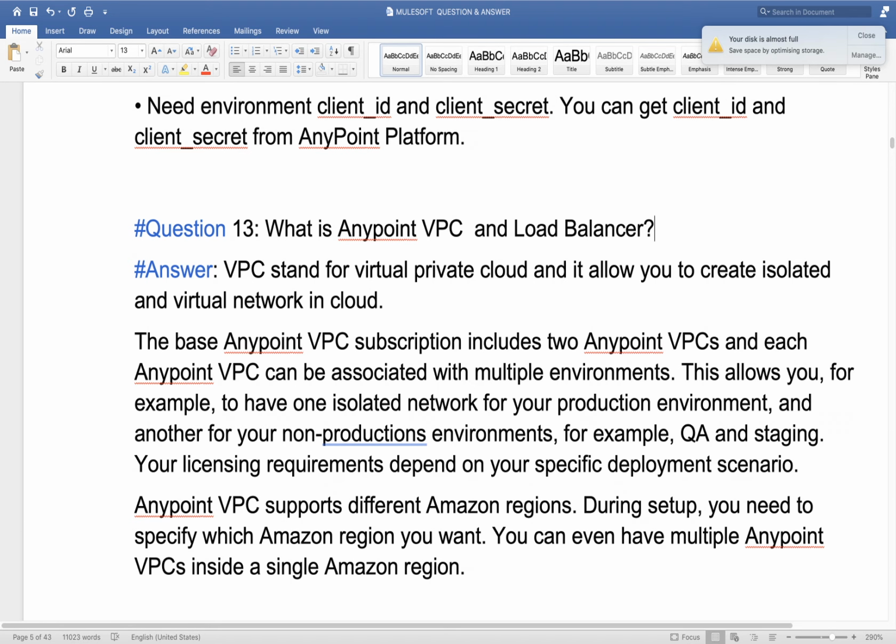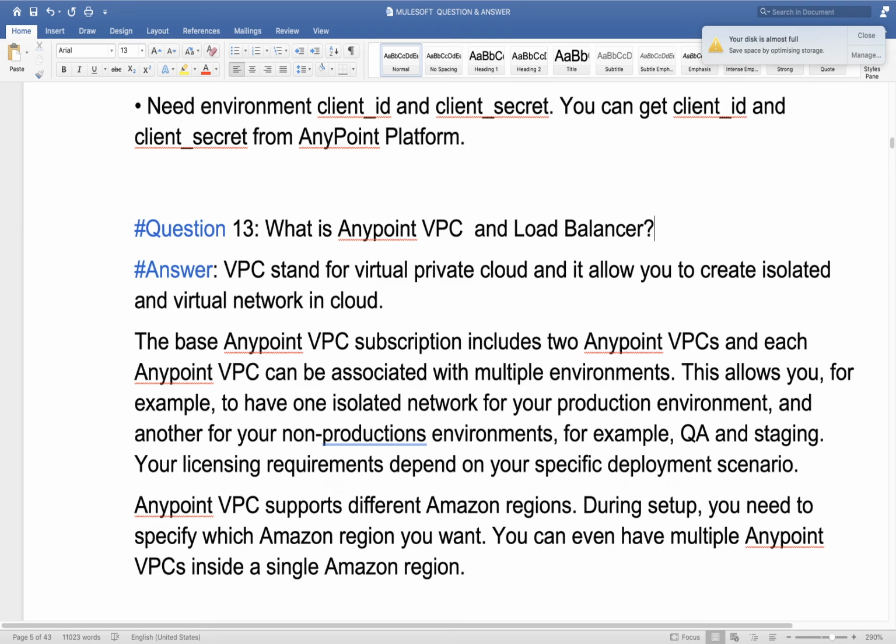Now I don't want to keep that cloud open for all clients. I want to create my own firewall, or I want my own private space in that particular area. So what you can do is configure a VPC there.